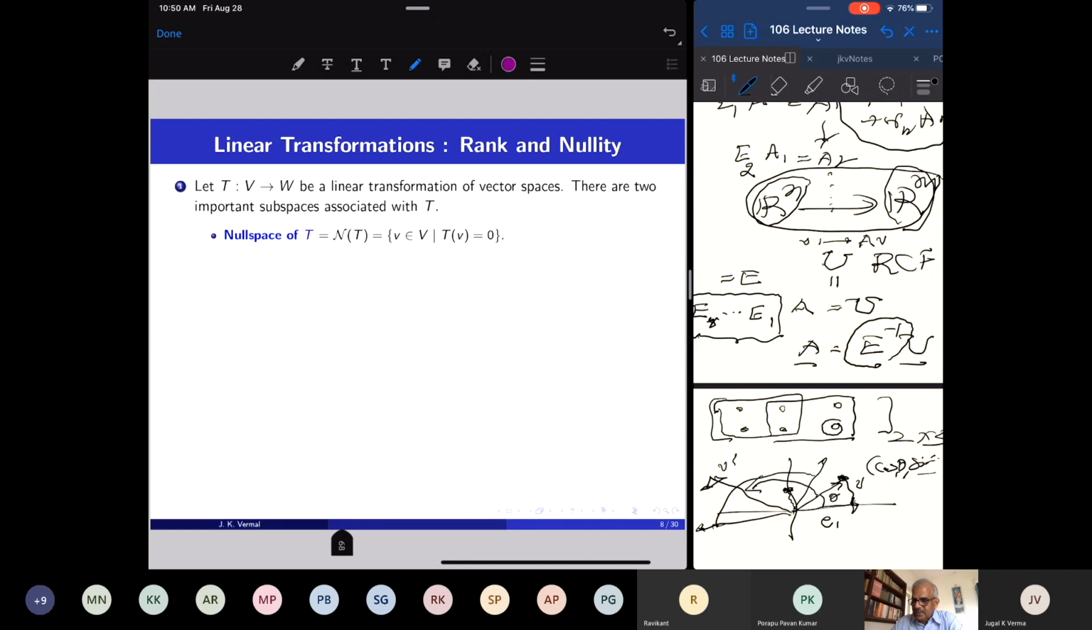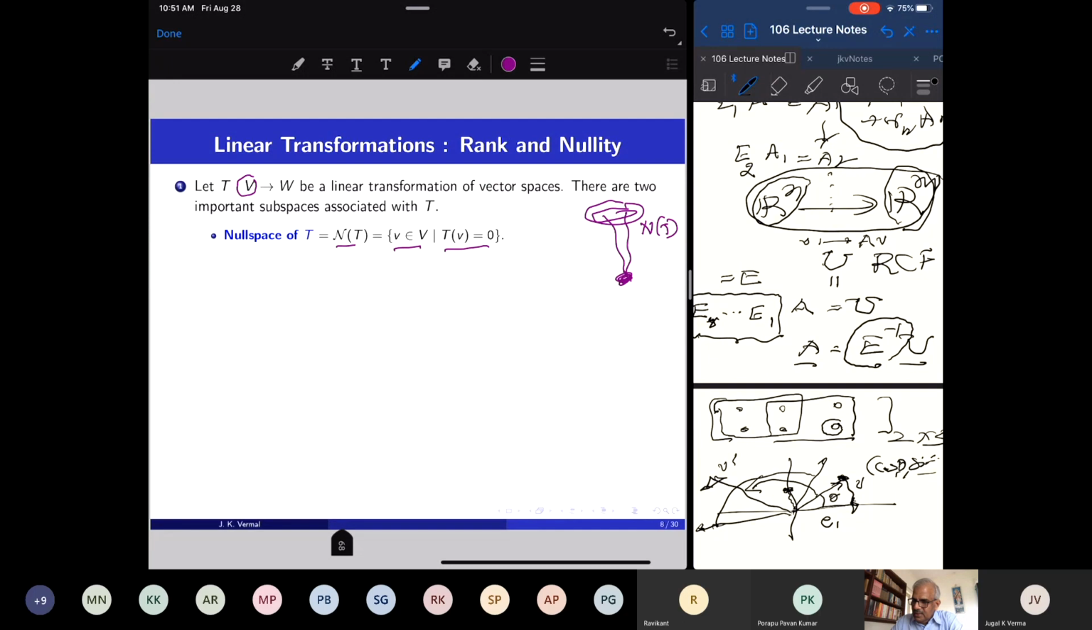First is the null space. This is the space corresponding to the null space of a matrix. Null space of a linear transformation is all vectors V so that TV equals 0. All vectors which are shrunk to 0. That is the null space of T. T is mapping all these vectors to the 0 vector. This is the null space of T, and you can check the null space of T is a subspace of V,